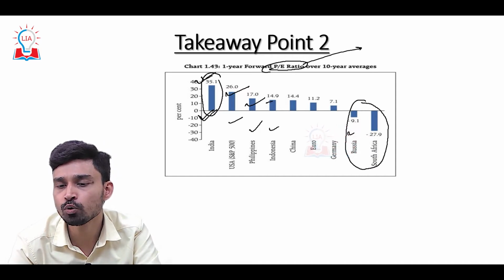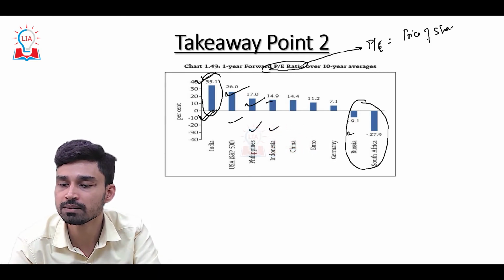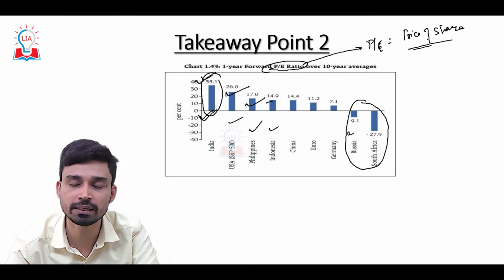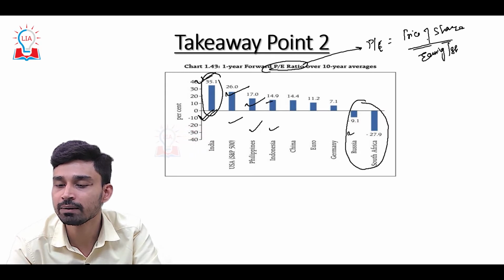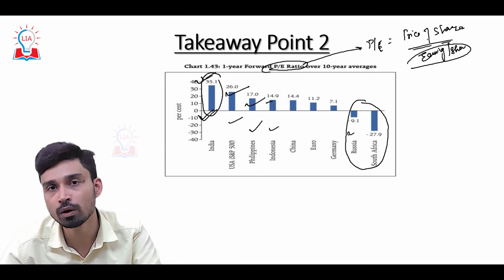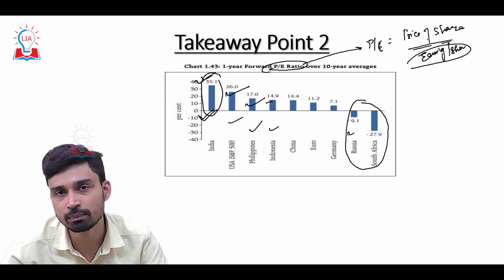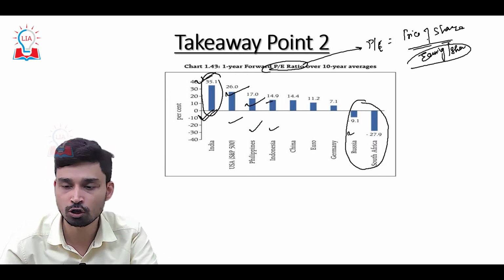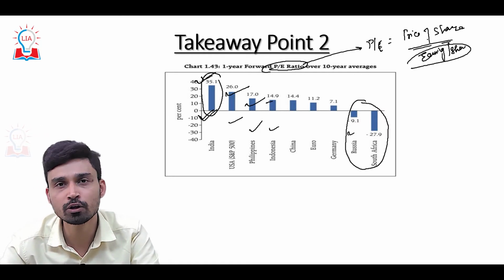Now, what does the P/E ratio tell us? It is the current price of the share of any particular company's equity, divided by the earnings per share, that gives us the P/E ratio. That means if the P/E ratio is very high, it is considered that the market is either overvalued or investors believe there is very high growth potential in that particular company or the overall market in the long term. And if the P/E ratio is very low, we can say that a market or a particular company is